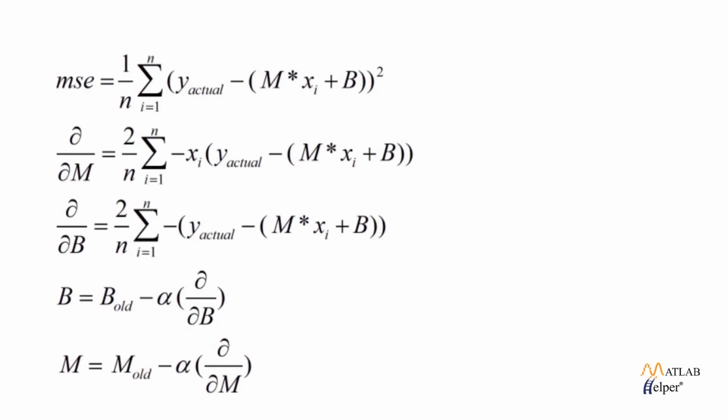Right here you can see the equation of the cost function. Partial derivative with respect to m and partial derivative with respect to b. Then once we have the partial derivatives, by knowing the step size, also called the learning rate, we are able to find out our best values of m and b. Here you can see, to calculate updated values of m and b, we need to subtract the slope in conjunction with the learning rate from the old values of m and b respectively.